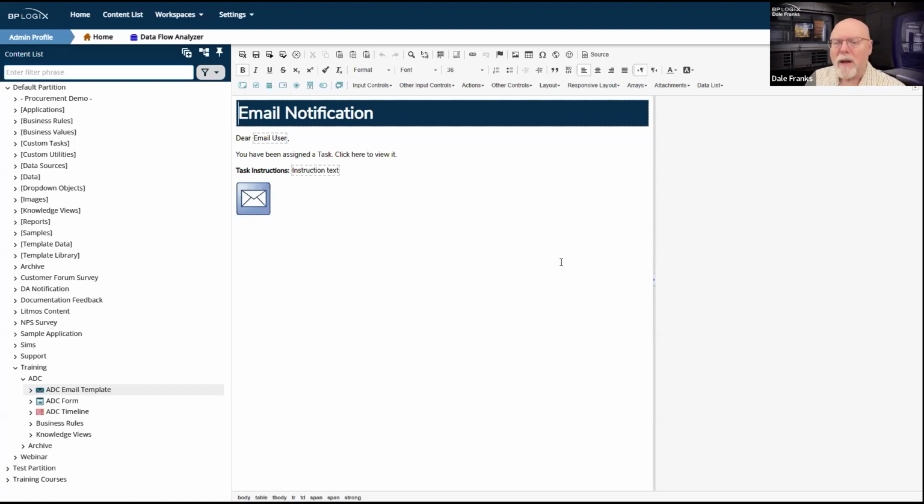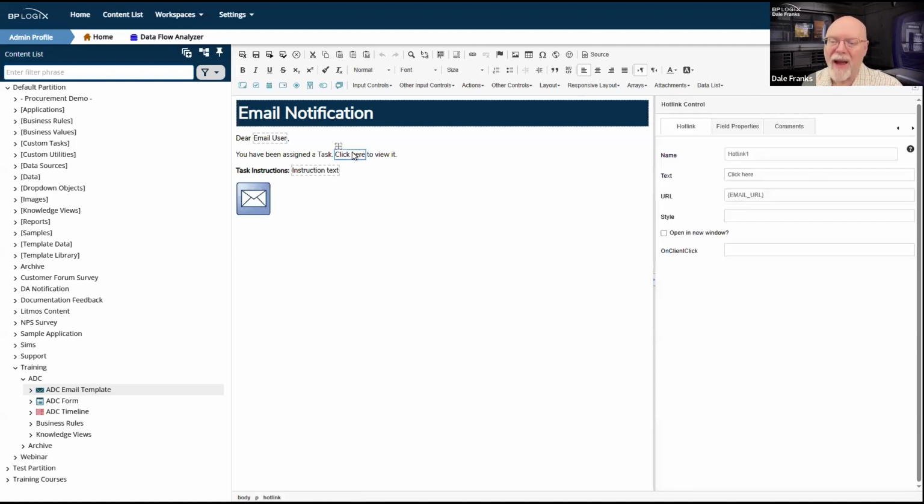So let's talk about email notifications in general. For an effective notification, or perhaps I should say for a minimally effective email notification, I need to do two things, or three things, actually. I need to give the user some sort of access to the activity or the form associated with the activity so that they can complete a task that's been assigned to them.